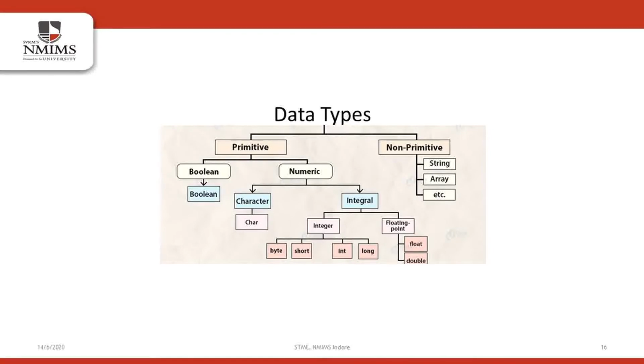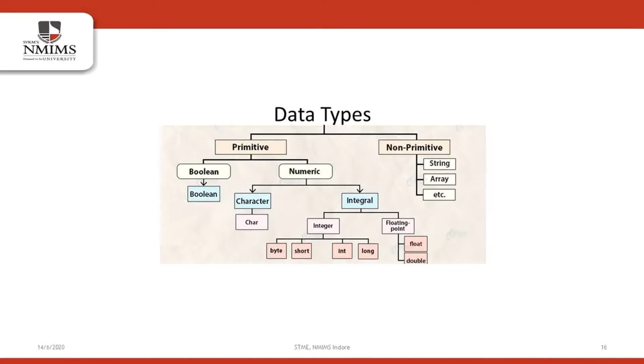Data types, as we can see, are of two types, primitive and non-primitive. We'll not go deep into what they are, we'll just touch them from the surface and move forward. Now, under the primitive type, you can see the Boolean and the numeric types. Boolean can just store two values. They are true and false. Nothing other than that. Now, the second type is numeric. As the name itself tells us, they will store numbers. In this, further we have characters and integrals. Character is any single character, be it a number, a letter from the alphabet, or even special symbols like @, exclamation mark, question mark, etc.